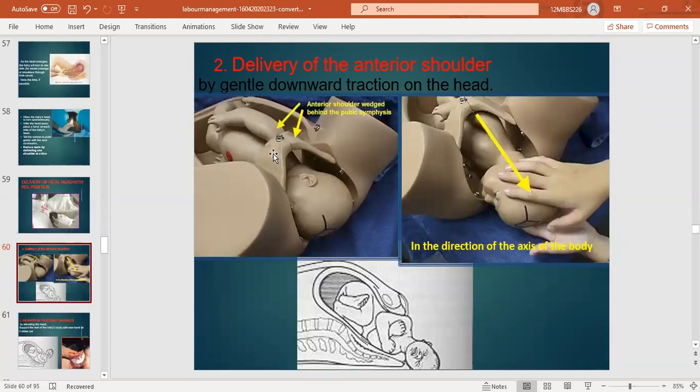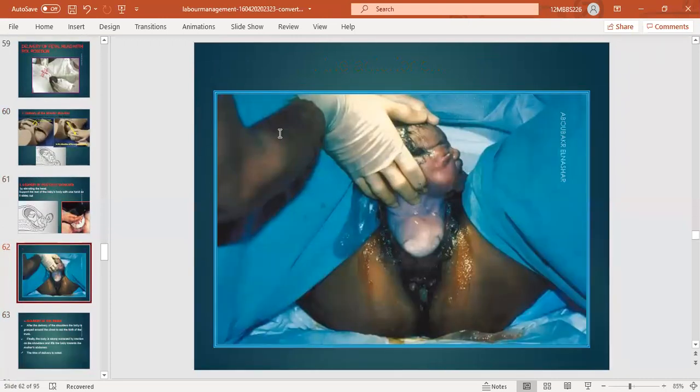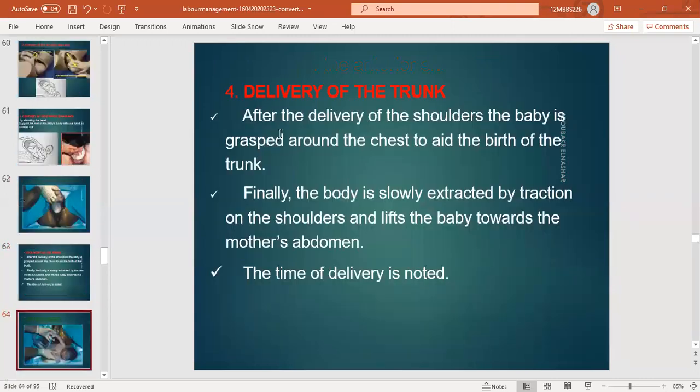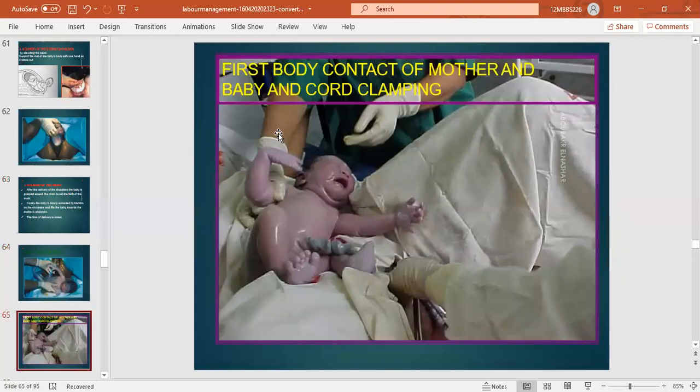This is again a very important obstetrical emergency. We will discuss it later on in the obstetrical emergencies. So try to deliver the baby, the delivery of the head and shoulder should not take more than 60 seconds. After the delivery, look at this, the delivery of the posterior shoulder. Delivery of the trunk will follow by itself. Now the baby is delivered. You dry the baby and keep the baby on the maternal abdomen, so the mother can touch her baby and feel her baby.